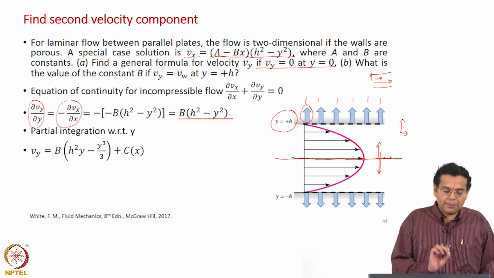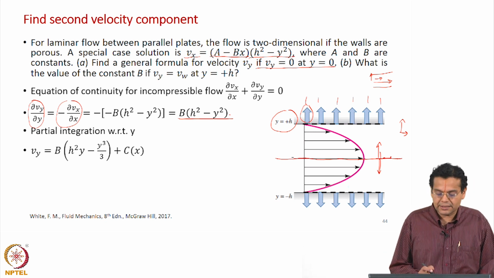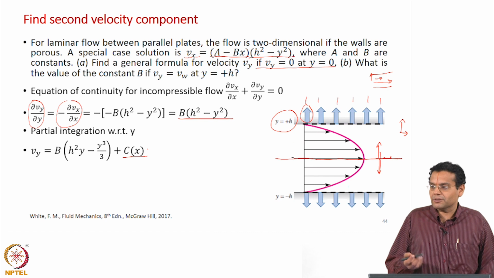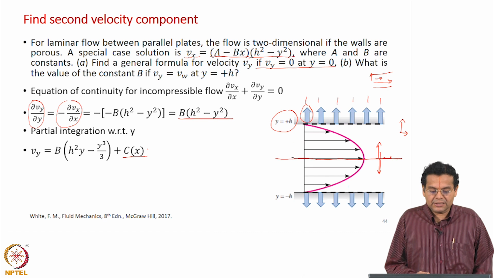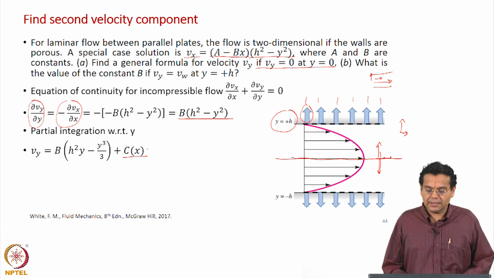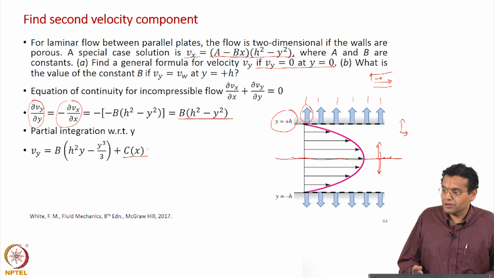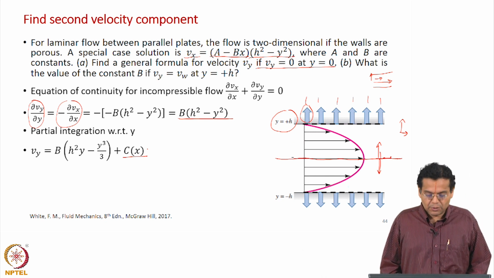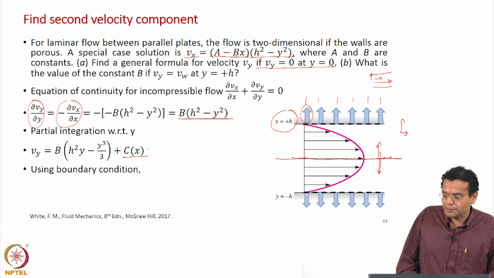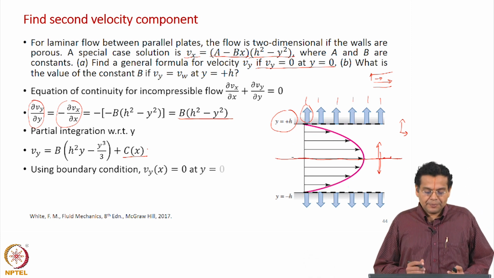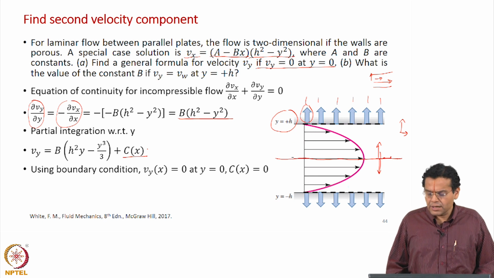But now, because it is partial differentiation and we are doing a partial integration, the constant can be a function of x also. To be more generic, we are writing it as c as a function of x. That is what differentiates a usual integration from this partial integration, where the constant can be a function of x. Okay. Now, just like usually we evaluate the constant based on a boundary condition, in this case also we are given a condition. So, let us use that. So, using the boundary condition, meaning that at a particular location you are given the value for the dependent variable. What does the condition say?